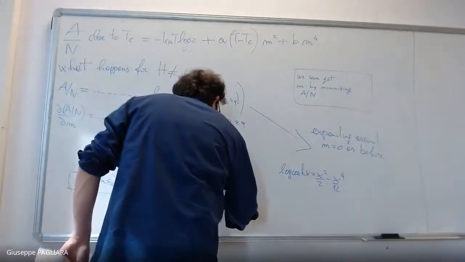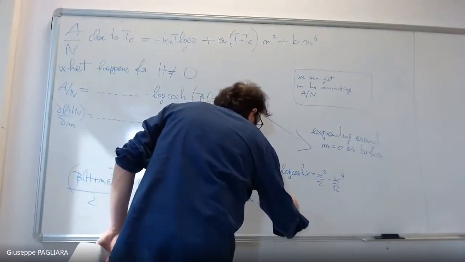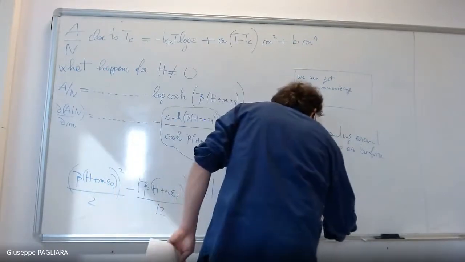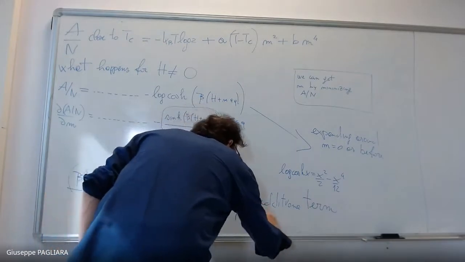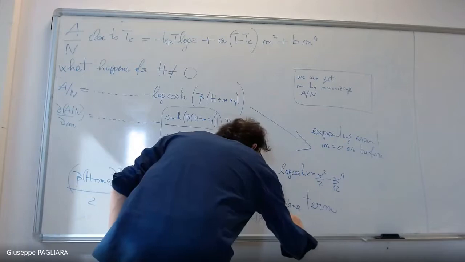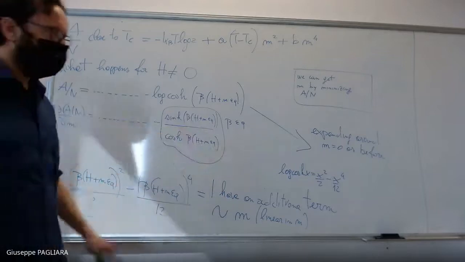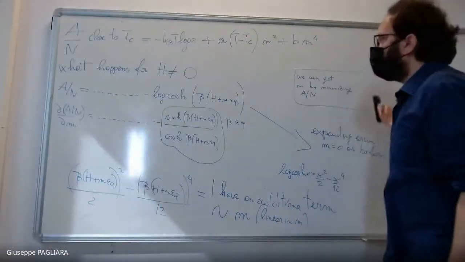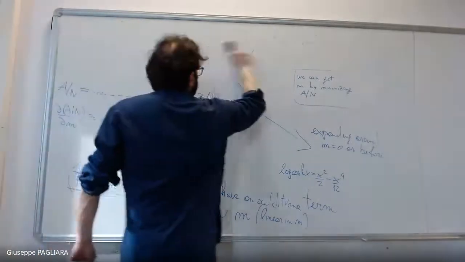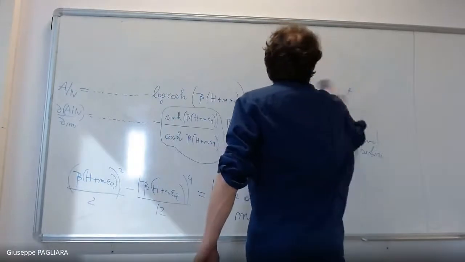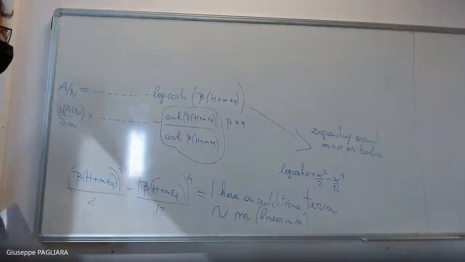So with respect to the previous calculation, I'm not going to do the calculation again, I have an additional term which is proportional to m. So it's linear in m. Okay, when I have an external magnetic field, that's the story. So, and what is the coefficient of this? Again, without doing the calculation, because it's just a matter of doing derivatives, one can realize that